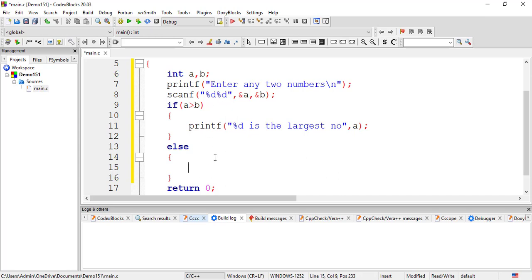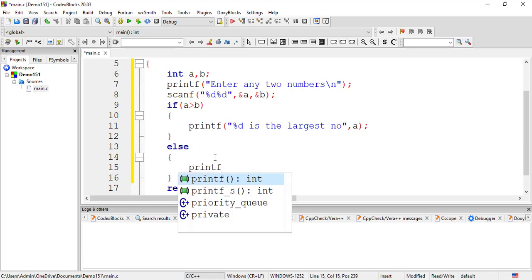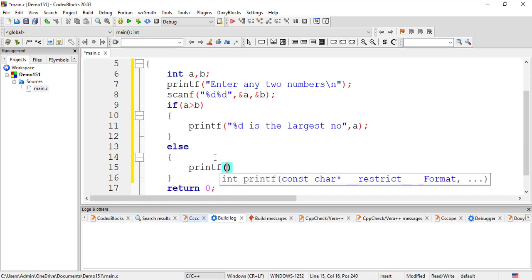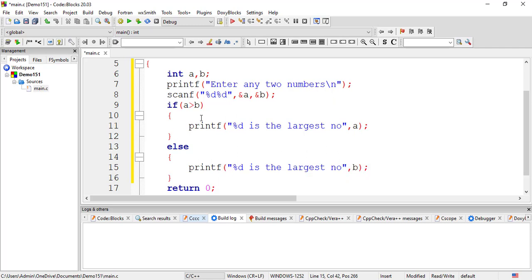Now in the else part, because a greater than b is false, that means b is the largest number. So what I will write is %d is the largest number, but this time it is inside b, so I have to write b. Out of these two statements, either the statement of if or else, only one will execute; both will not get executed at the same time.